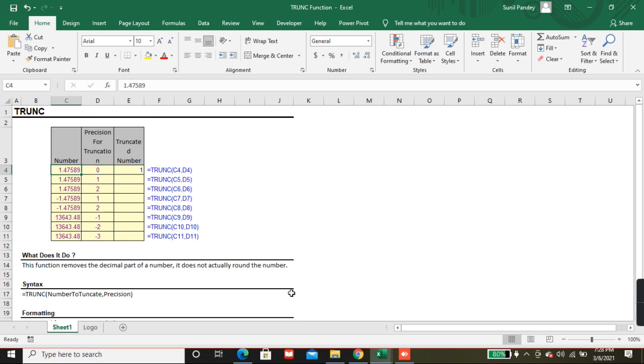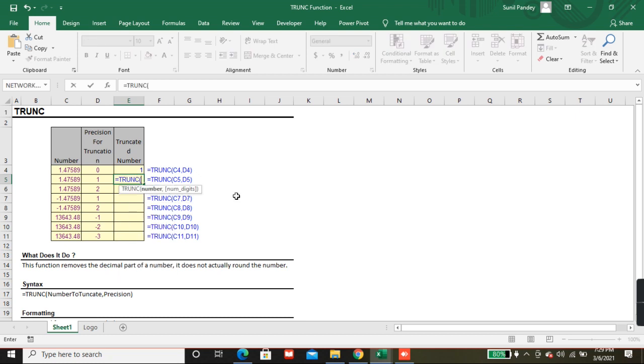It will remove the decimal after 1. If you want to put the decimal places also, there is no value after 1. So it permanently removes the decimal values.